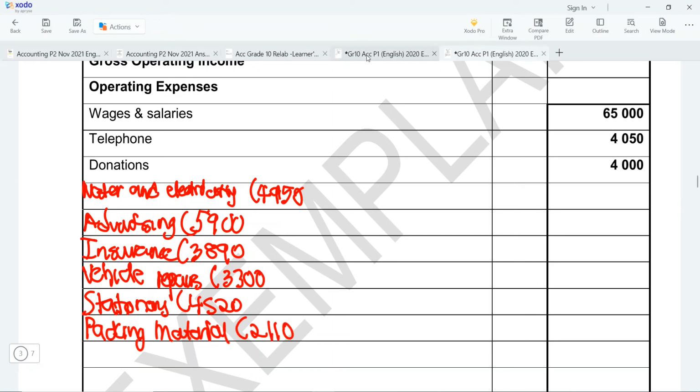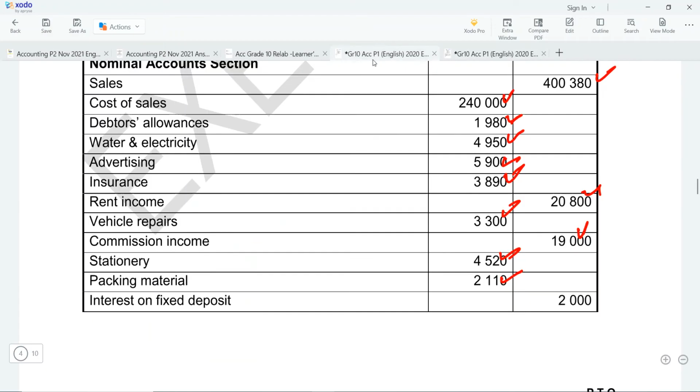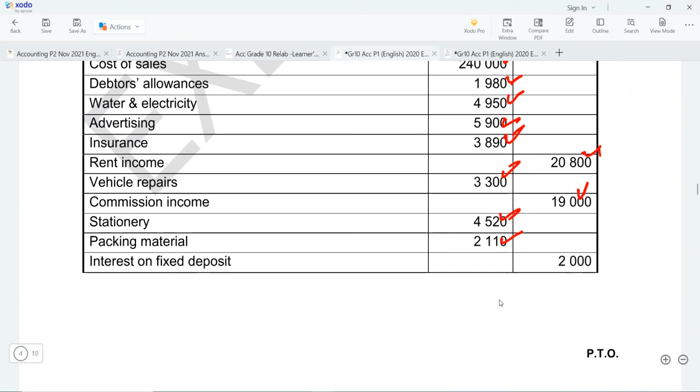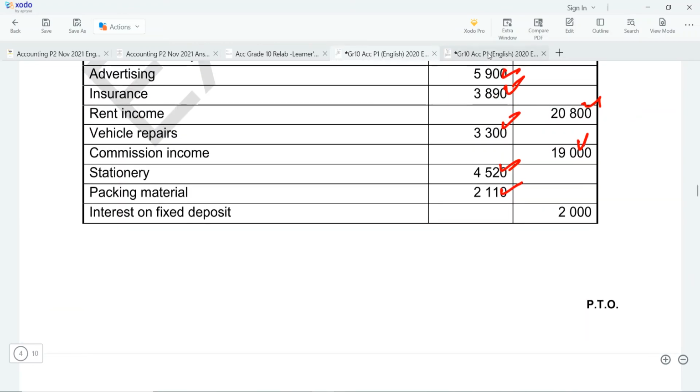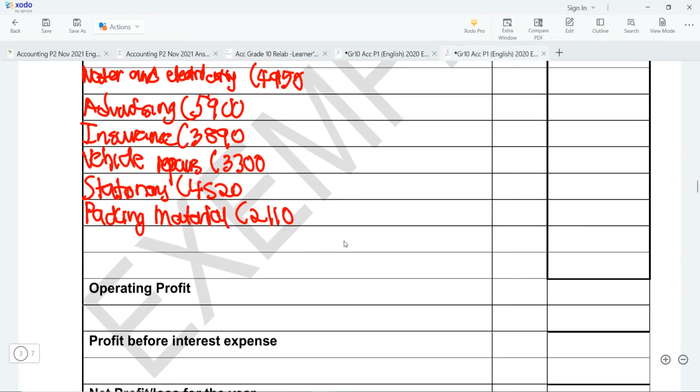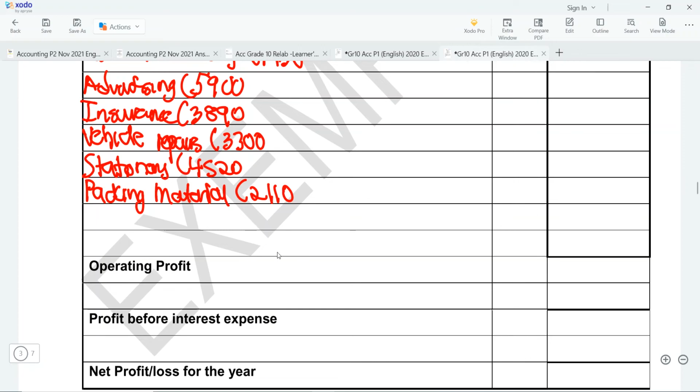And then you can also go and continue to check what else you are given. We also have interest on fixed deposit. Interest on fixed deposit is an income account, so it will be entered under interest income here. So remember, we'd have interest income,